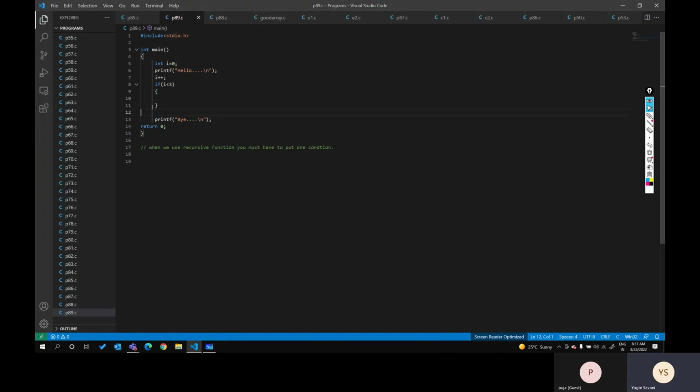Here, if I make my i an auto variable, then the problem is the same. i is equal to 0, i plus plus, that means 1 less than 3, the condition will be true. Again it calls the main function and makes i 0 again. So again this is a continuous loop, and there is no meaning. Otherwise I will make it static. Static means reinitialization is not possible. Once it initializes i equal to 0, then on the next main function call it will not reinitialize. Because of that, my main function will be called 3 times, and then last